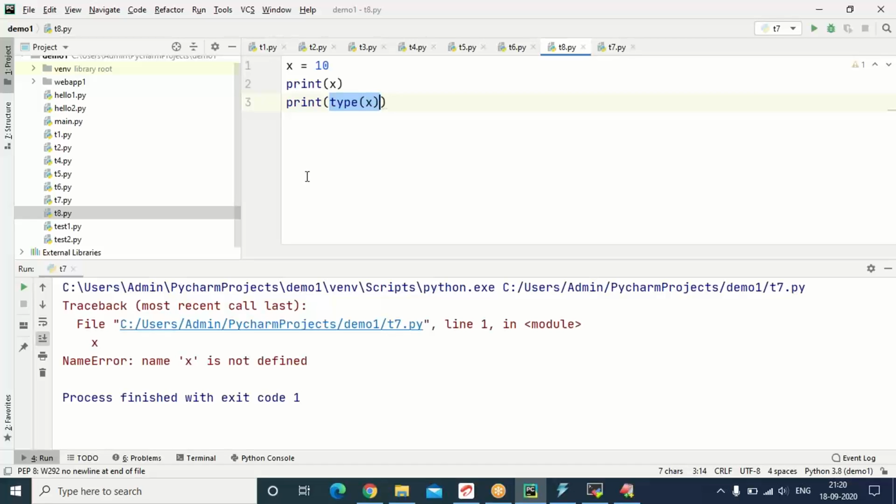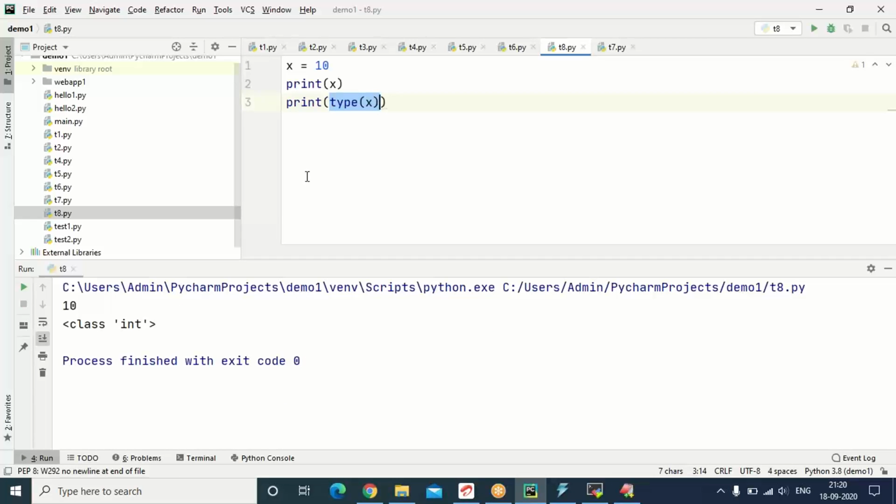Go for running. You can see class int. You will know what this class is later. In case of Python, everything is a class internally. You may not be able to understand it now itself. It is producing a class. Just go for class, specify int. Consider the type as int. Even though the output is this much, here the type is int. Int type of value.